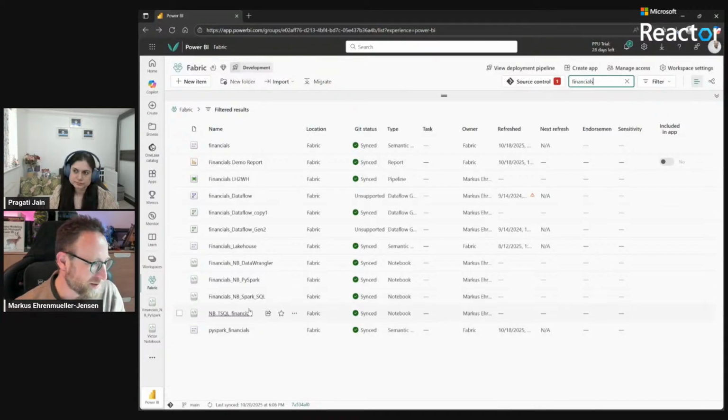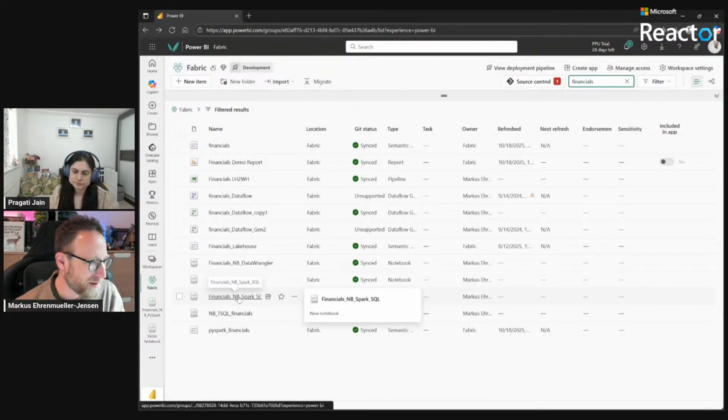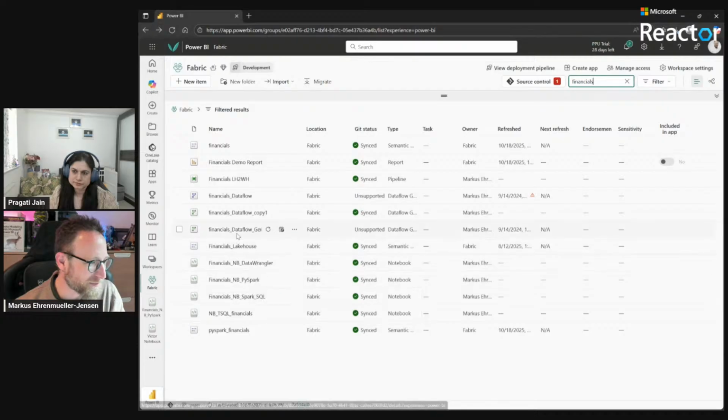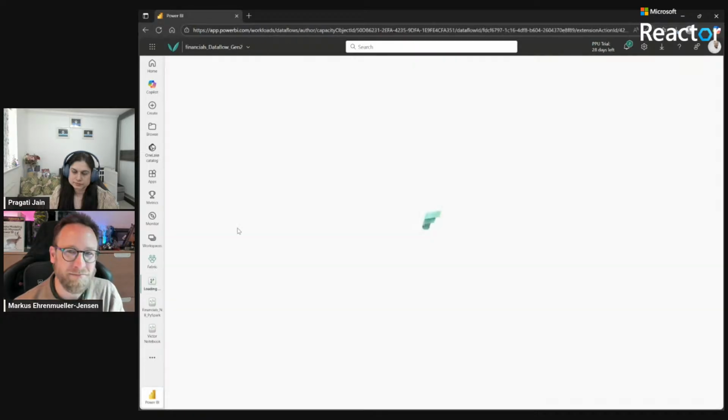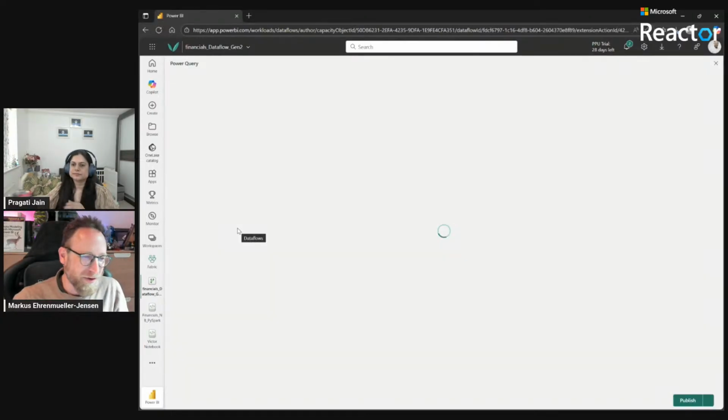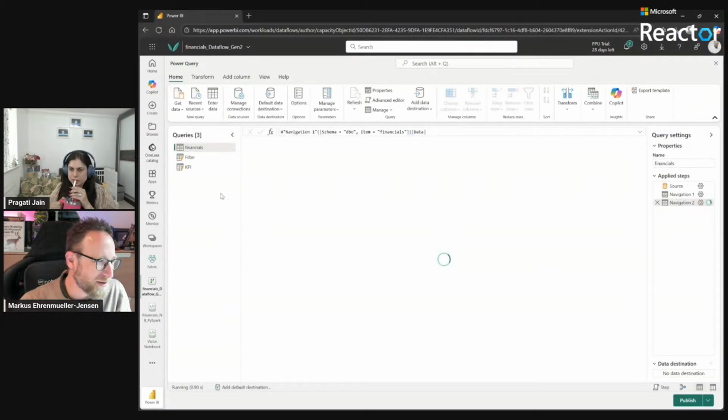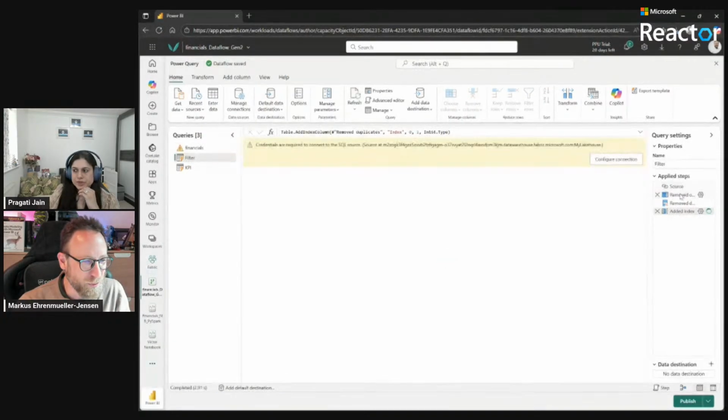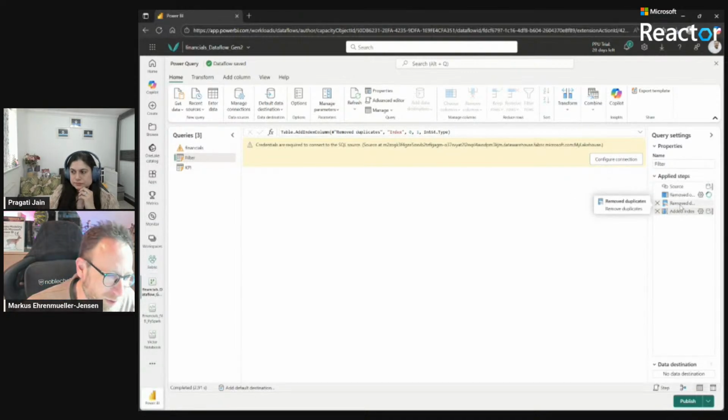We can run the same thing as a Spark SQL, or we could run, for example, a Dataflow, doing the same things in a tool you might know from Power BI. Power Query Online is the Dataflow generation 2, and you can do the very same steps I just demonstrated in here. So I have my financials tables referring to it in my filter step here, and I just remove all the columns I don't need there. I remove then the duplicates and add this index, right, as a filter ID.